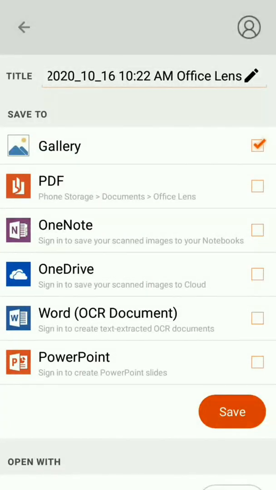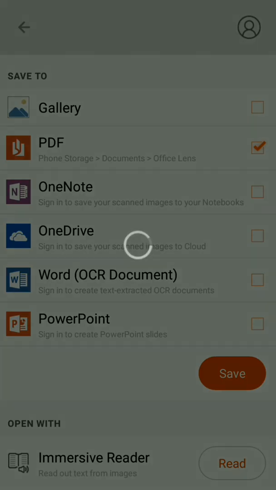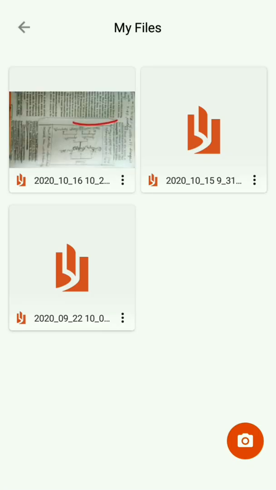Here you can see many options. You can save the photos directly to the gallery, or create a PDF in your mobile local storage, or you can send it to OneNote, but you need to sign into Microsoft. It is not necessary for these options, but gallery and PDF are there, so you can just save using any of the options, and after saving it will be saved to your local storage.